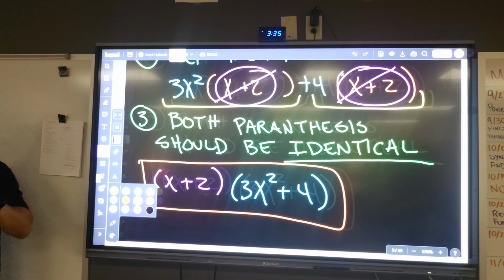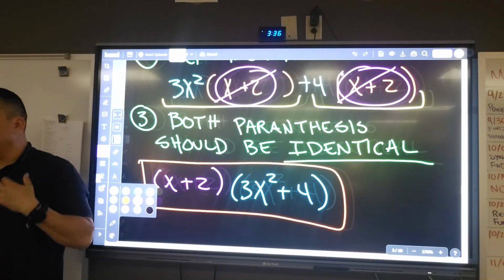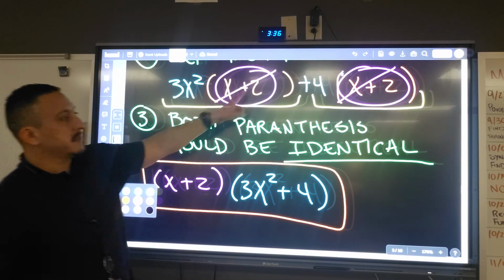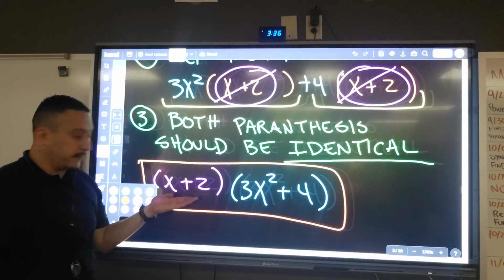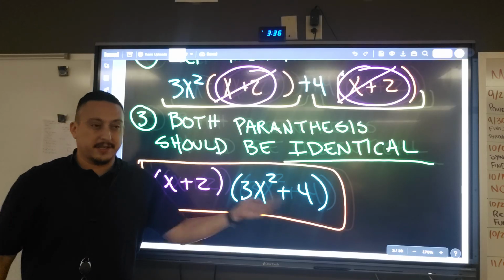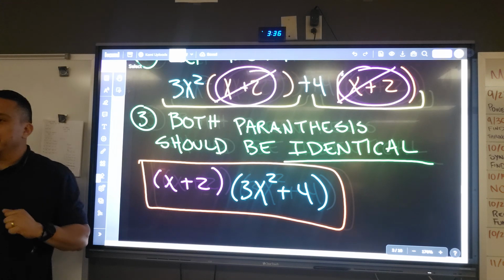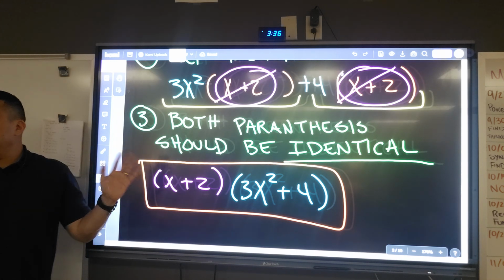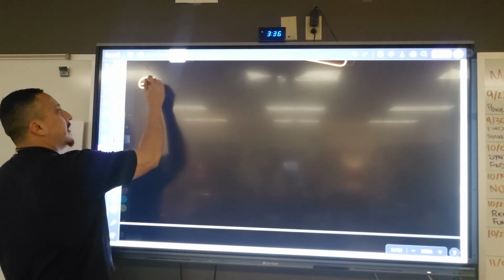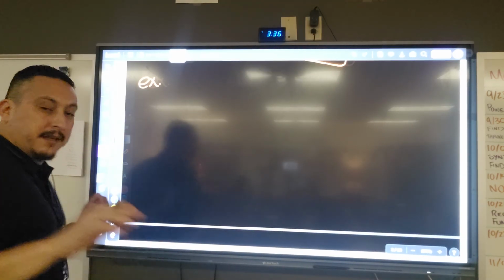Now, just from experience, when I've taught this in the past, when I do GCF of that, some students don't get it because it's too much. So if it doesn't make sense to you, it's just this. Whatever's the same, write it down once. Then erase those, and whatever's left, that's your other answer. That's basically what happened. Any questions right now? These are the easy kind of these. So let's make sure we get all the class successful with these first, and then we'll go to the ones that are a little bit harder. Okay? So, let me separate